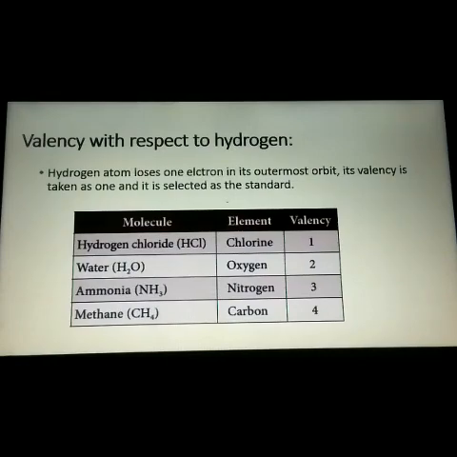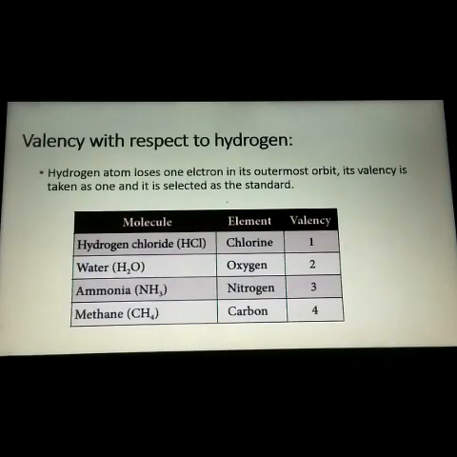So in the atom of hydrogen, you may be able to see only one electron in its shell. So the hydrogen atom loses one electron in its outermost orbit. So its valency is taken as 1, and it is said to be the standard one. For example, you may be able to see here, during the formation of the hydrogen chloride molecule, the element chlorine will